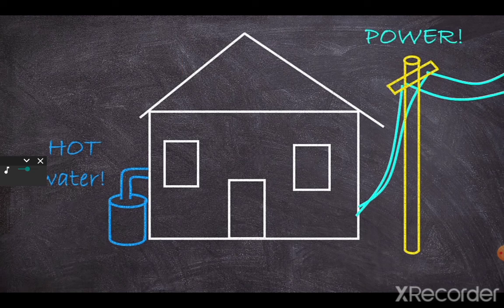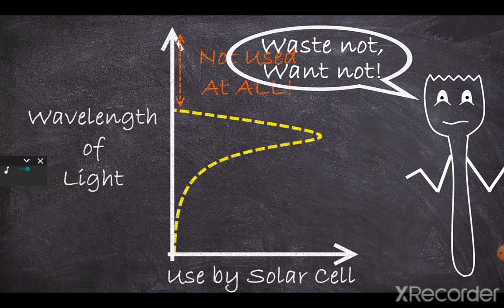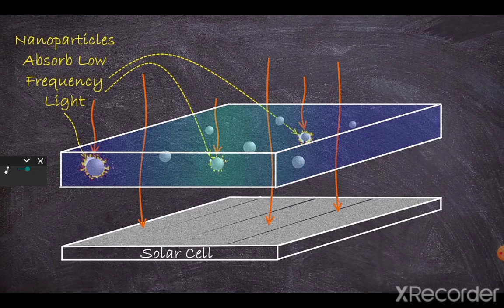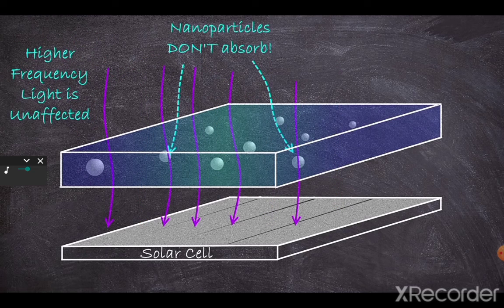And if the solar cell isn't using these wavelengths anyway, why not put a layer on the top of the cell with nanoparticles suspended in a transparent fluid? The idea being that the nanoparticles are engineered to have their plasmonic resonance in the range of unused wavelengths, and thus drive absorption heating of the fluid. The wavelengths that the cell does use pass through unaffected. There's also yet another way you can use this